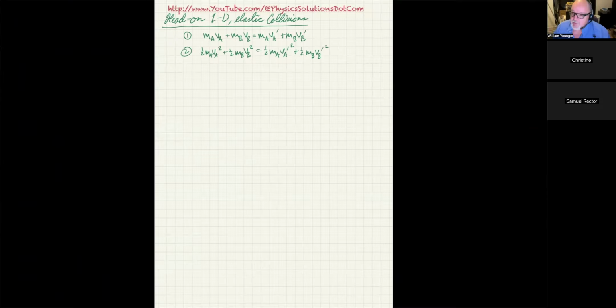Now, here's the trick. So this is something that I find it much easier just to derive it every time if I can't remember it. So please hear me out in the way I'm going to tell you to derive this because that's a really valuable skill, something you should learn anyways, and it'll be helpful to you. That being said, you can just use the result, and that's fine as well. So I'm going to first take equation 1 and get all the A data on one side and all the B data on the other.